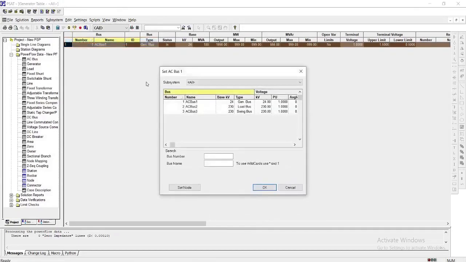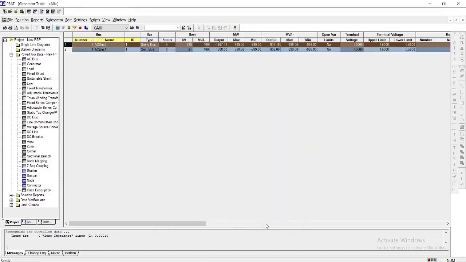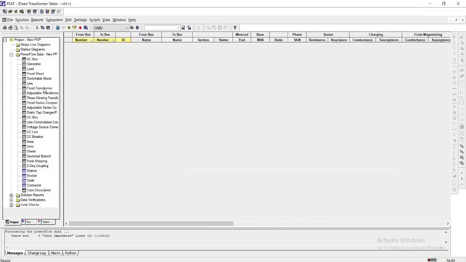Add another generator to bus number 3, click OK.